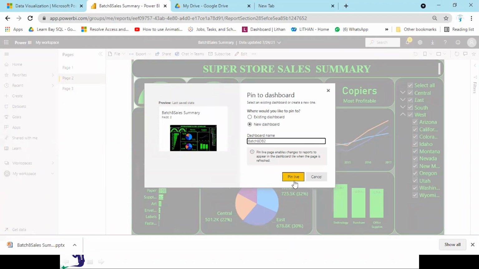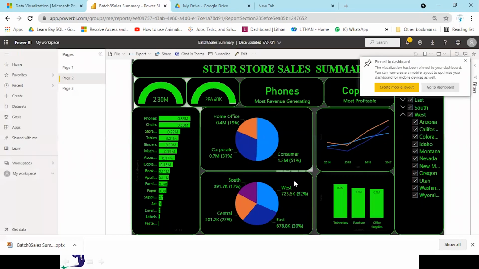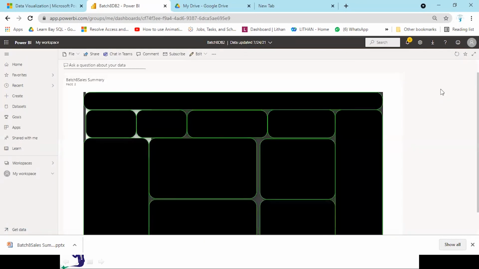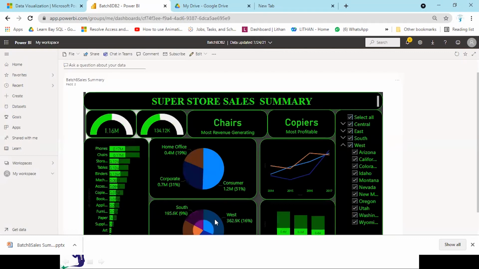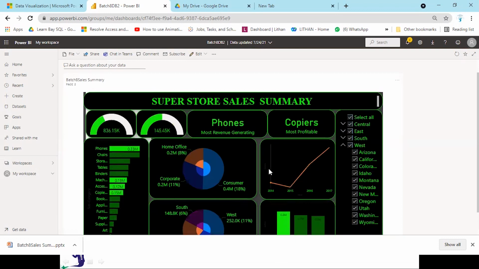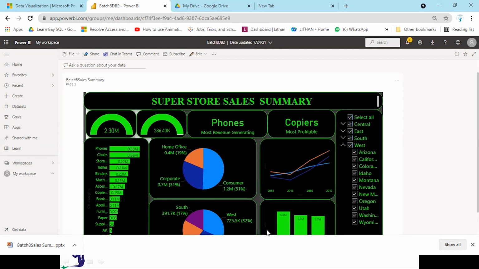You are getting an option of pin live. Click on pin live. And I will say go to dashboard. Now you click consumer, West, technology. It is interactive. Okay. It is interactive.